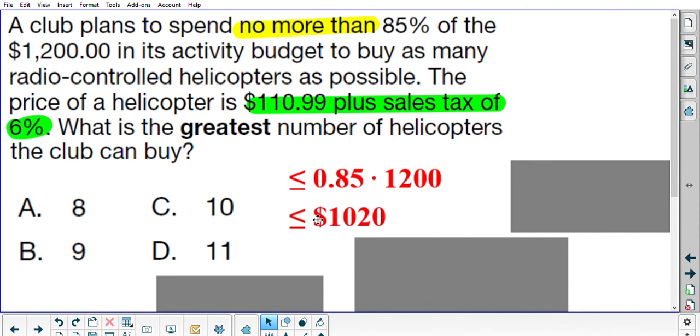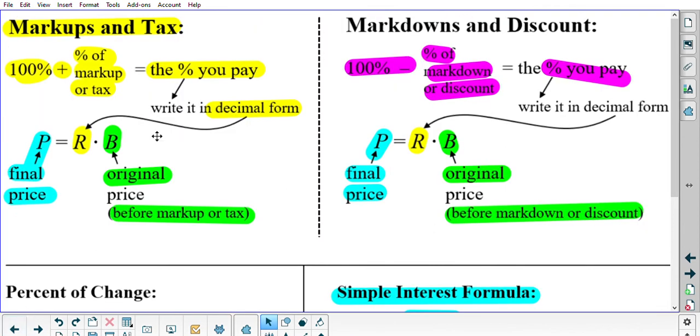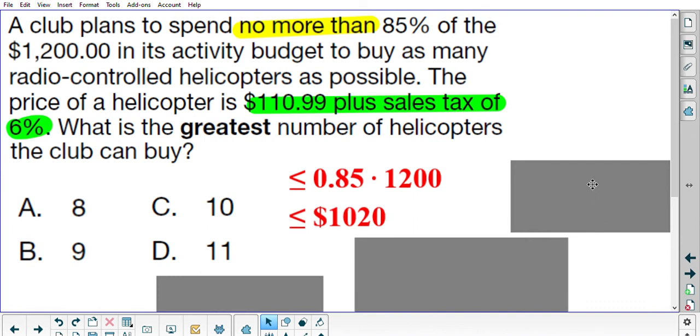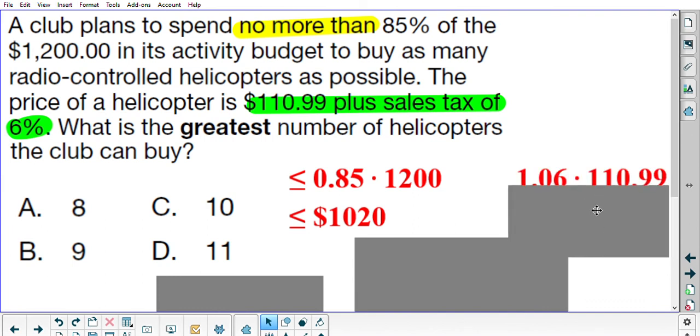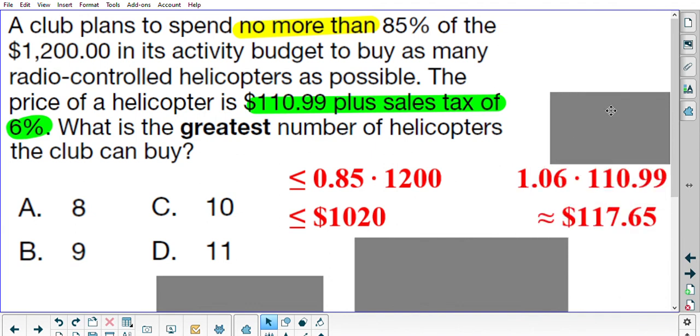So, as I taught you earlier, for sales tax, you can get the final price of the item if you take 100% plus the percent of tax, put that in decimal form, and multiply it by the original price. So 100% plus 6% would be 106%, which means you can take 1.06 times $110.99,